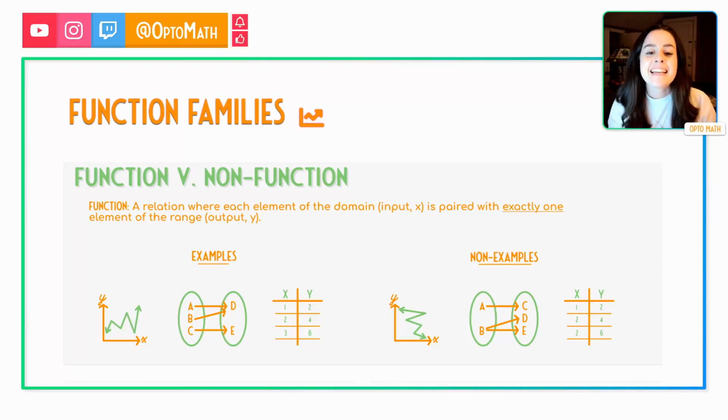Hey Opties! Today we're talking about function families. We've got 6 different types of functions to look at today, but at first we need to review what a